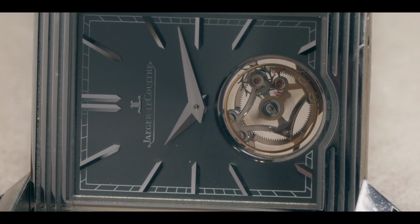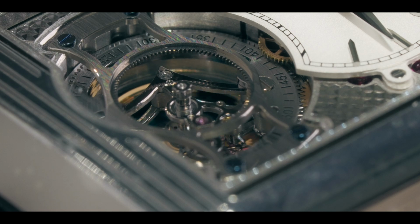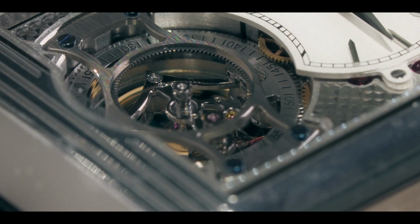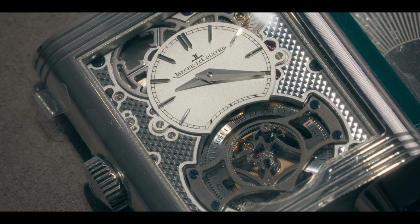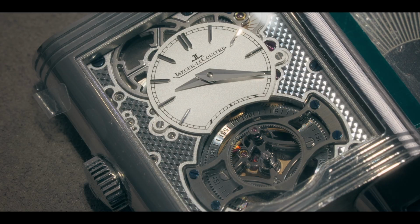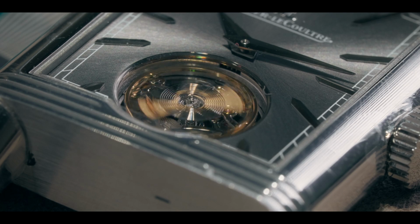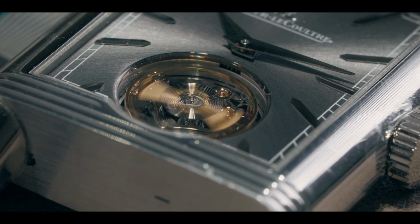If you were to play top trumps and you drew this watch, you'd probably be onto a winner, because simply there is so much to talk about. Starting with the 847 manual wind movement. It's actually a movement that we've seen before from JLC. We've seen it in the pink gold model, and we've also seen it in a similar platinum model that was launched back in 2018. Although this movement boasts a long list of complications that we will be going into,